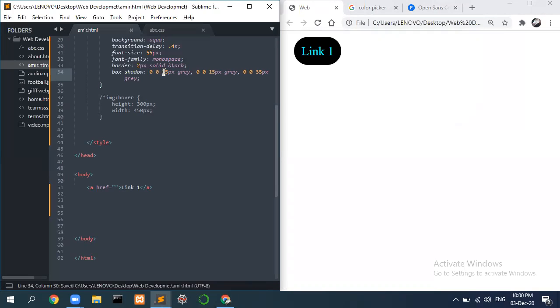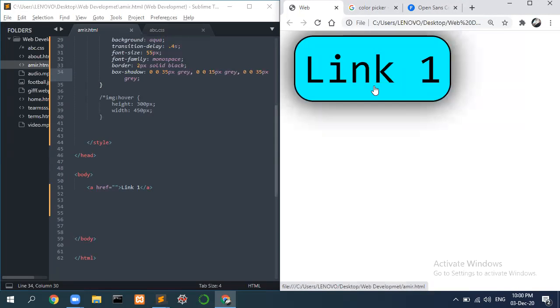Okay, I write 35 over here as well. You see the bottom also has 35 pixel shadow and the top portion also has a 35 pixel shadow. Okay, and the left and the right have 15 pixels. So I can change that to say 35 again. Now all the sides have 35 pixel shadow. So I think when you practice it, you will come to know which is your top, left and bottom. So if I change this gray to say,